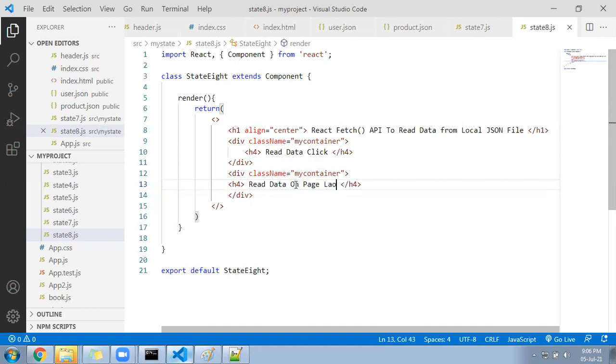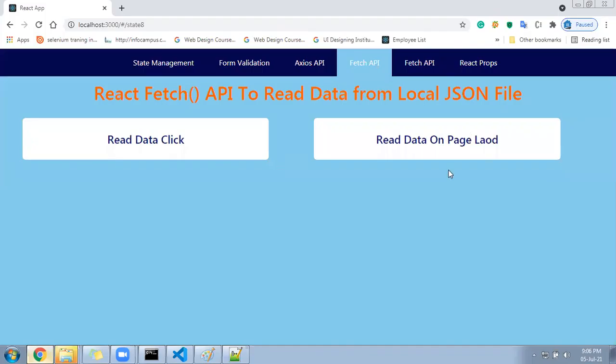And for both, I'll give align equal to center. Here also I'll give align equal to center. So align equal to center I have given, so both should print in the middle. Let's look here, both are coming perfectly.